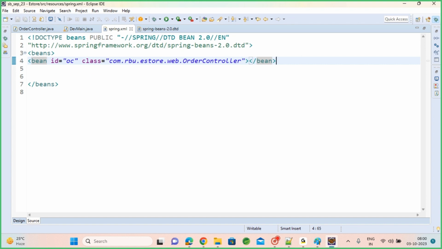That's it. Order controller is configured. ID something, order controller, or order. So now